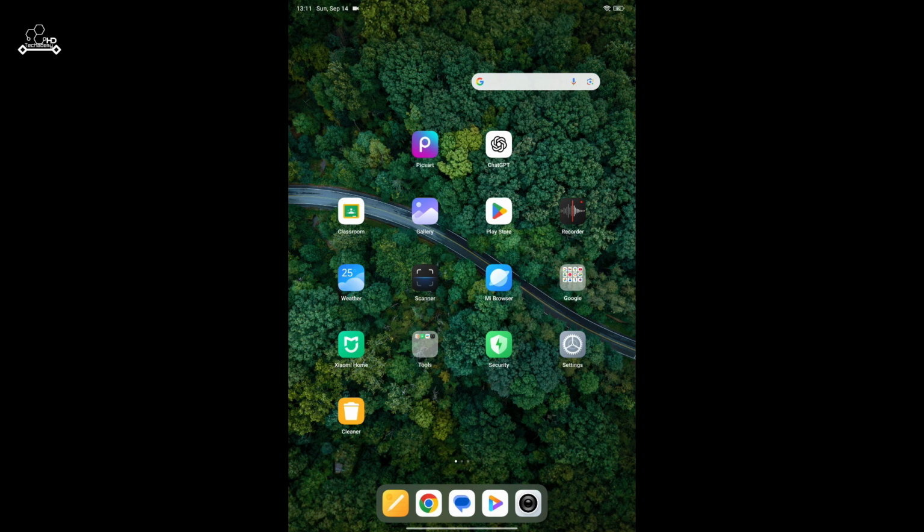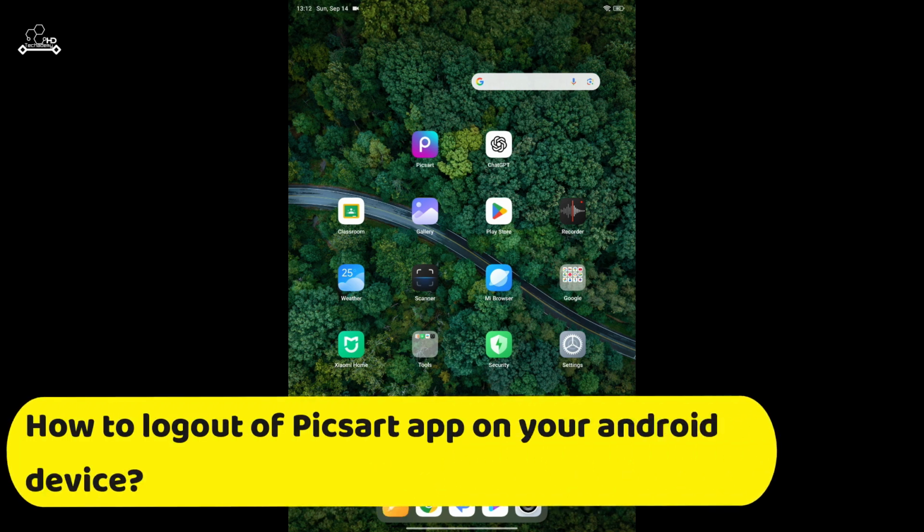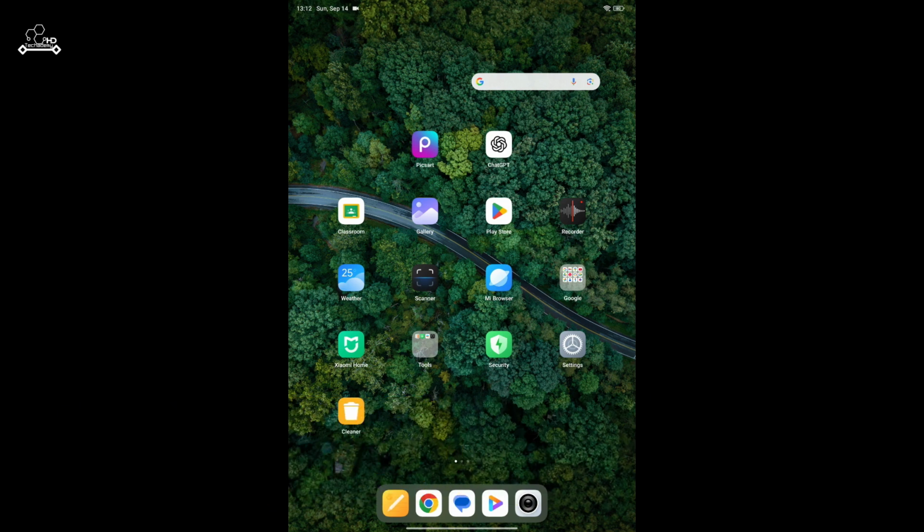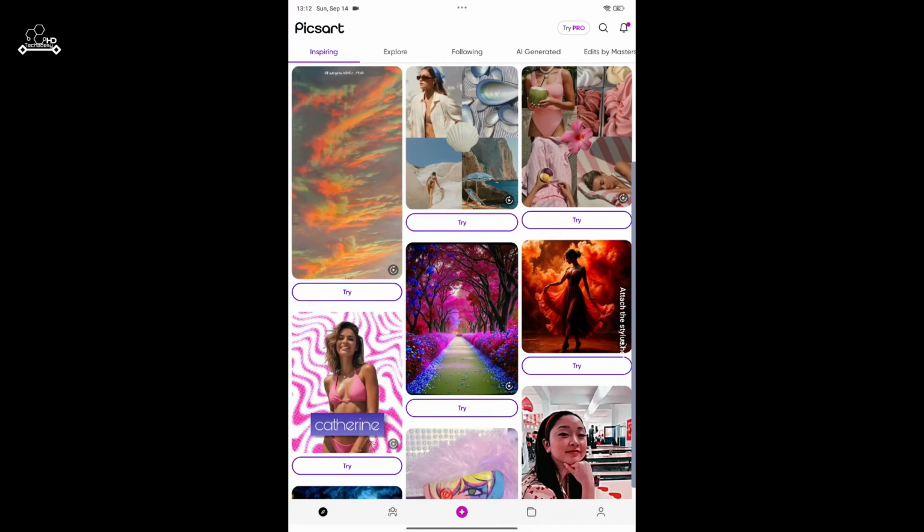Today in this episode we will be learning how to log out of PicsArt application on your Android device. Logging out of PicsArt account is super easy. First of all, launch open PicsArt application on your device, and then once you're inside the home screen of PicsArt,